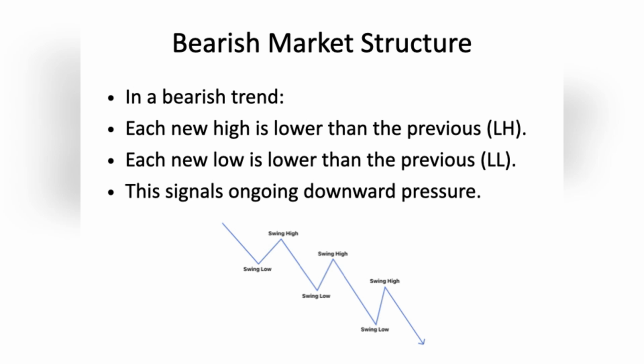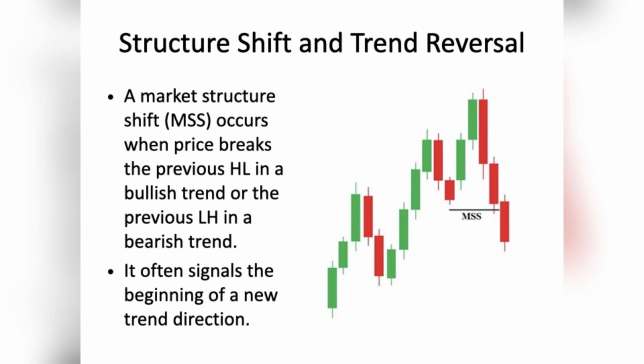Now for the critical part, the market structure shift, or MSS. This is our earliest signal that a trend might be reversing. In an uptrend, the last level we watch is the most recent higher low. If price breaks below that HL, the bullish structure is broken. That's a structure shift. Similarly, in a downtrend, if price breaks above a previous lower high, that's a sign the